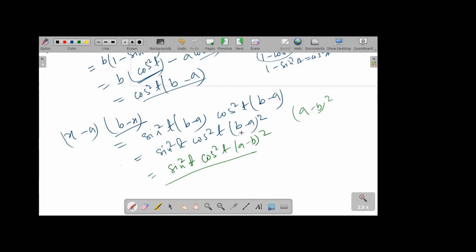Because these are differences, actually, okay? And these two are differences, and if we do squares of the difference, like if I do 5 minus 4 whole square or 4 minus 5 whole square, this will always be the same, because this is 1 square, and this is minus 1 square, so it will always be a positive number.